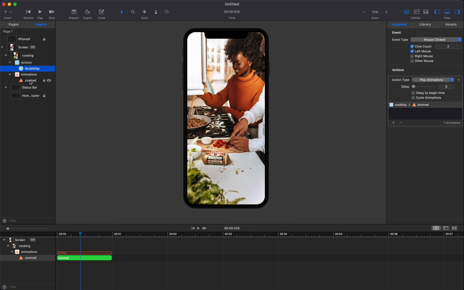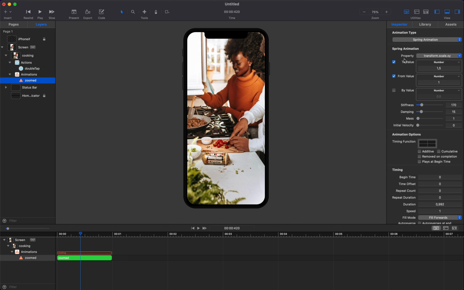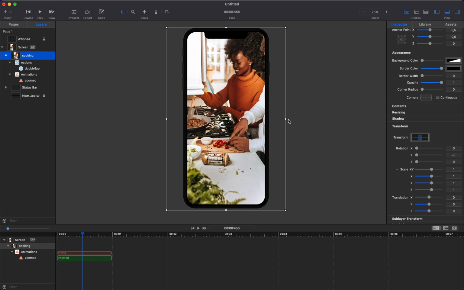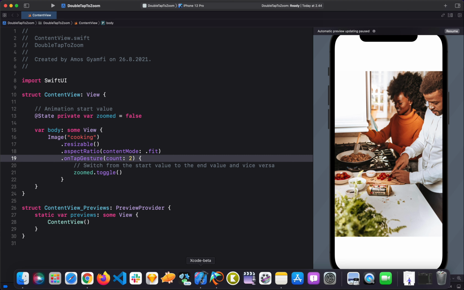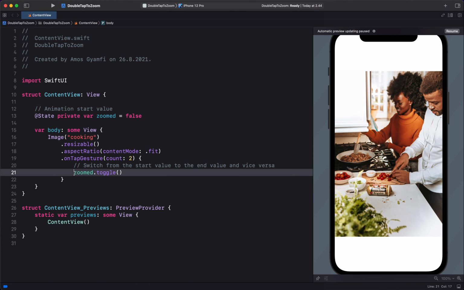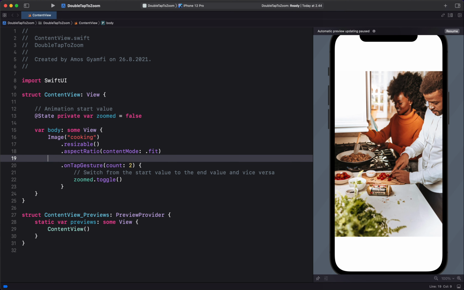When I select the animation, you can see we are animating the property transform scale XY that animates both the X and Y coordinate of the image as shown over here. So let's go back to SwiftUI. We are going to use the state to animate the scale effect. So I'm going to copy it. Below the aspect ratio, I will add the scale effect modifier